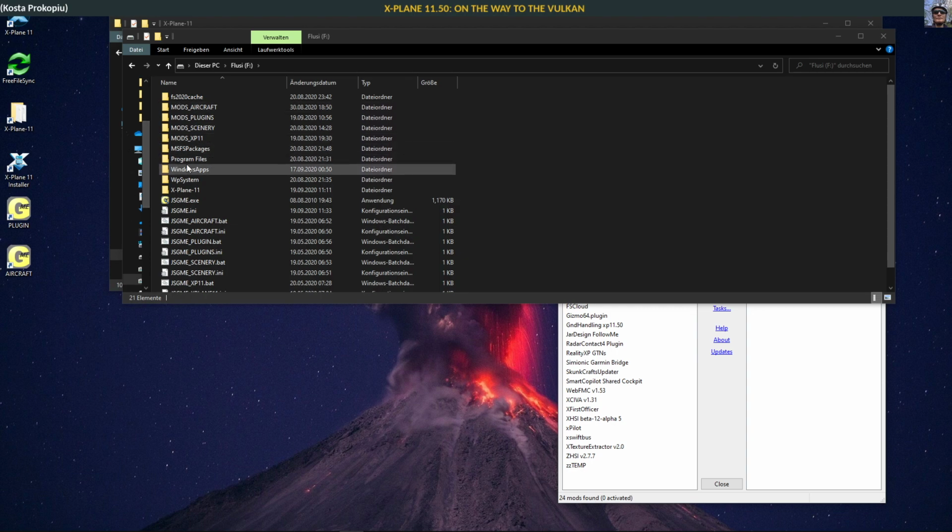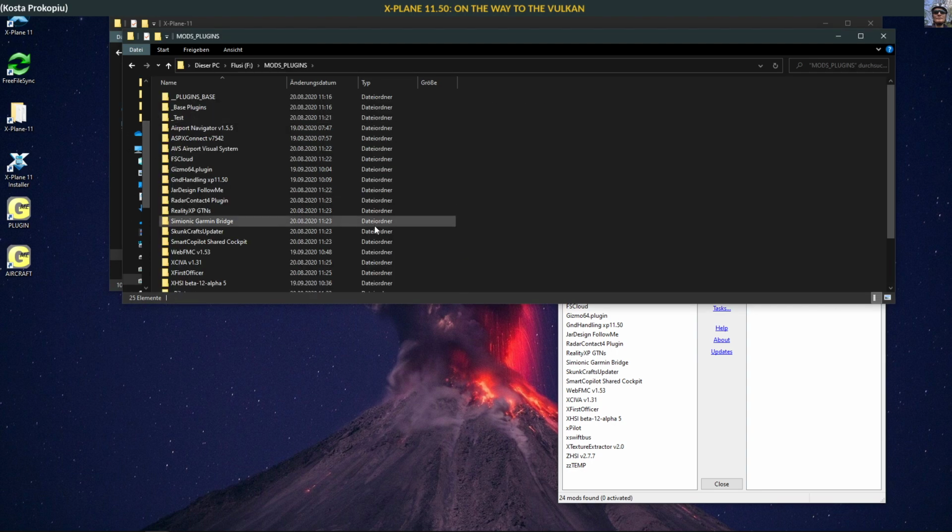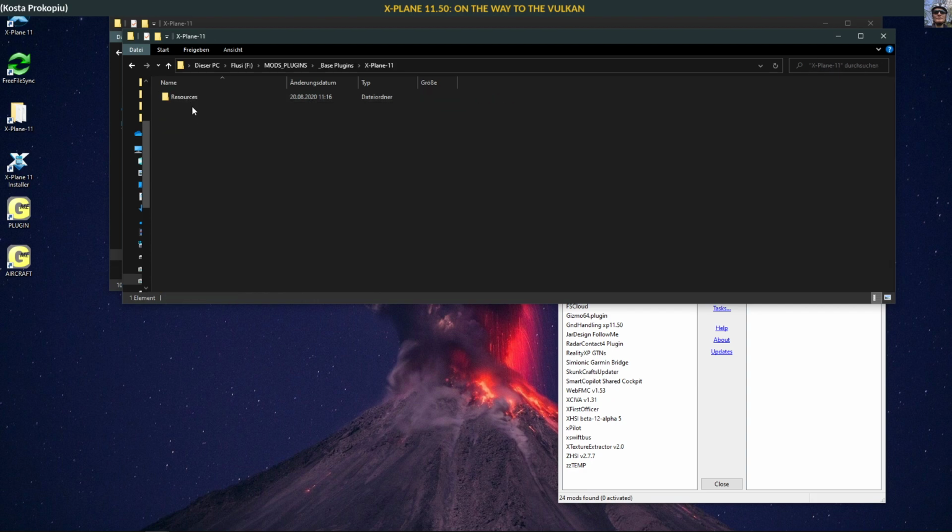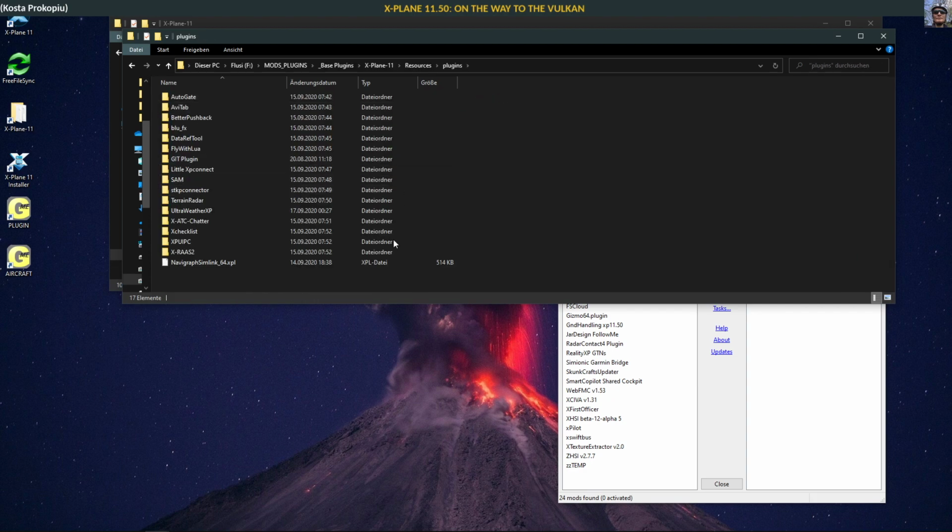That is a folder which is here, mods plugins, and in that mods plugins I have base plugins, X-Plane 11 resources plugins, and here you can see the shells of all the plugins that I want to be automatically activated normally. The way this modding works is that the actual plugin files are where they need to be in X-Plane resources